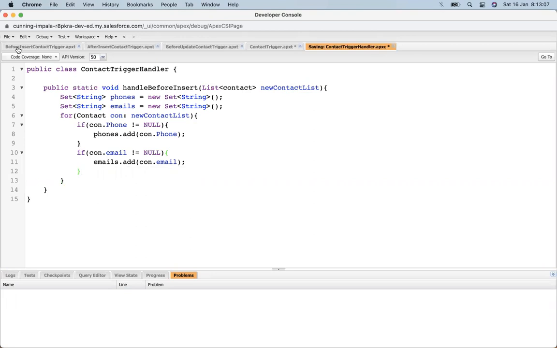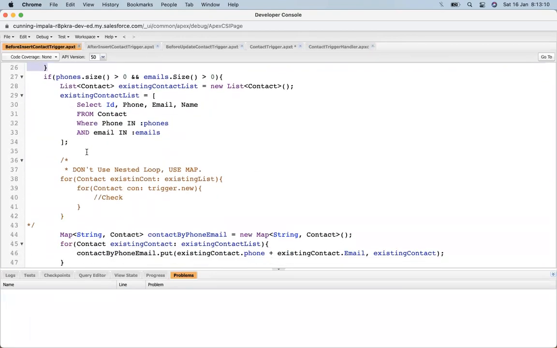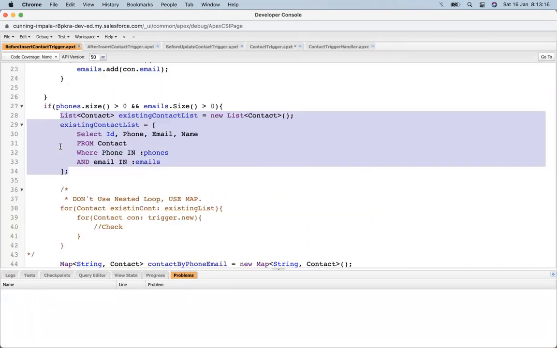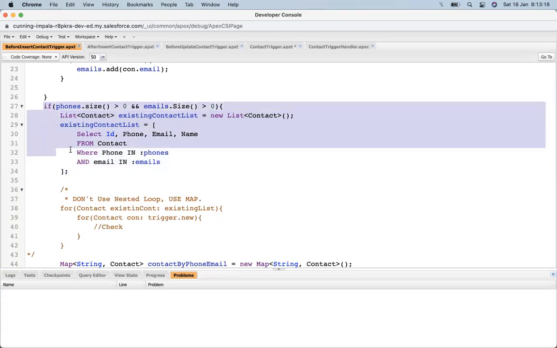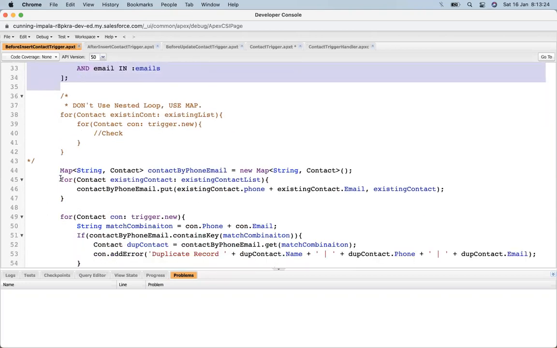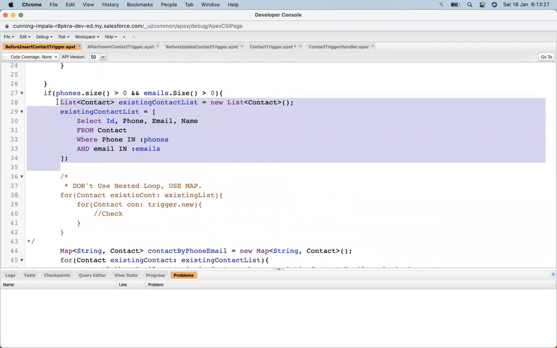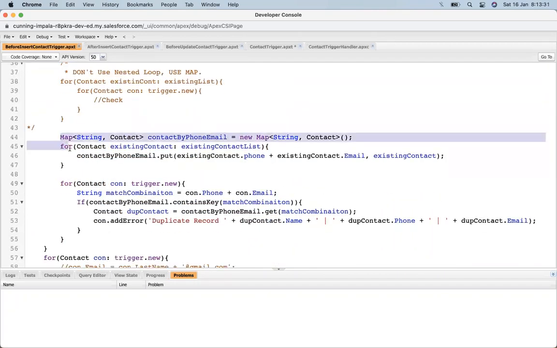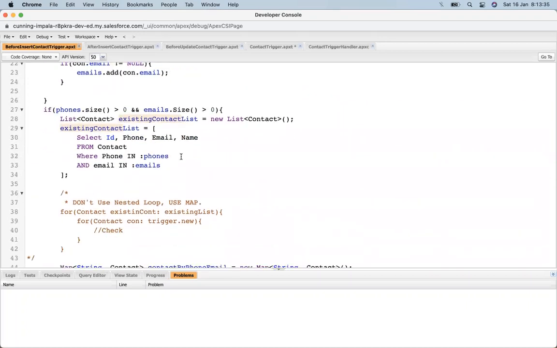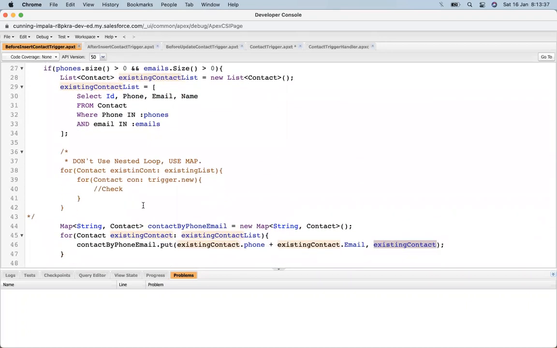Now again come up here. I'm getting the existing contacts. Our tasks take a set of emails and phones, and then we do three tasks. First we are calculating the existing contacts and getting the map of our key and the existing contact. So let's create a method and put that logic in a particular job.